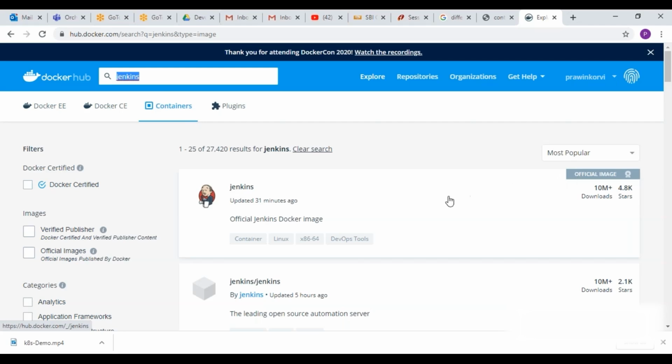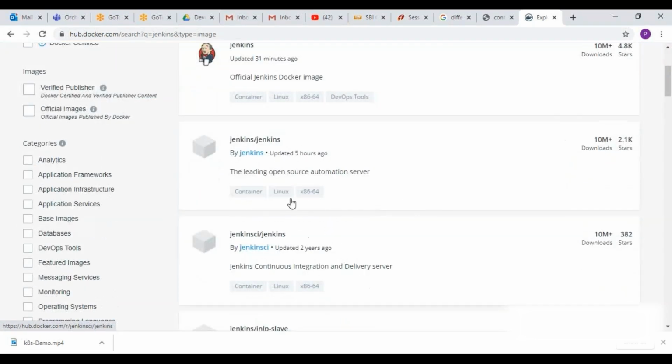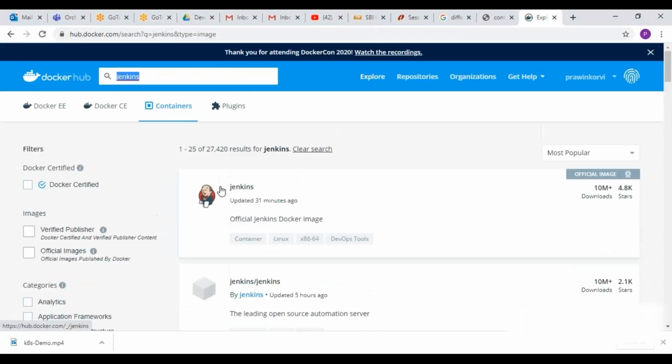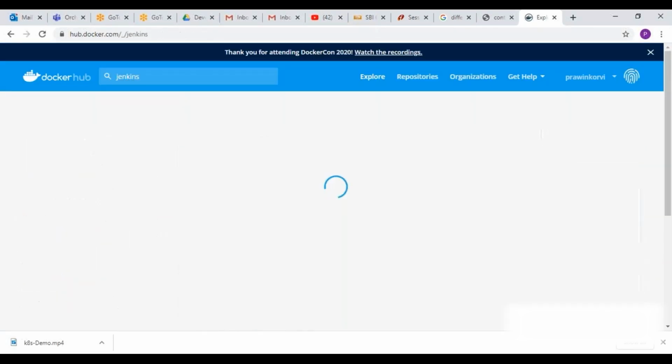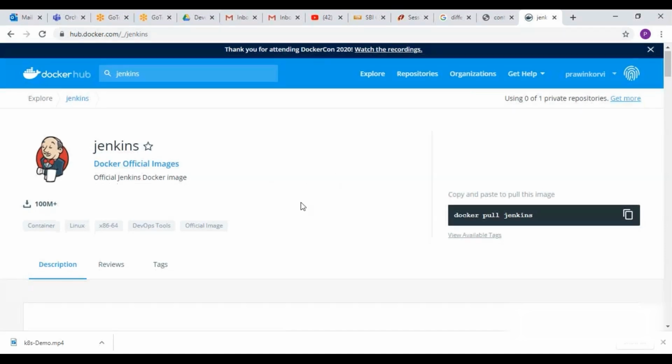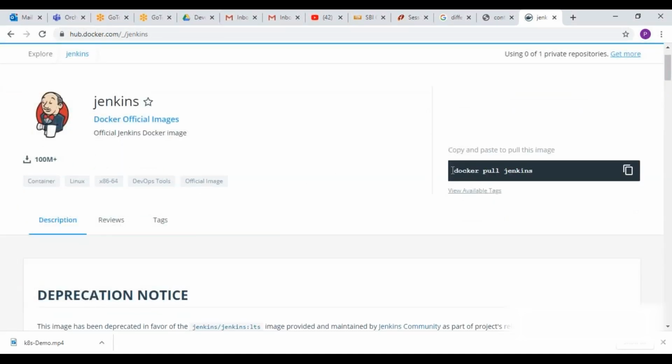Lots of software is like this, and individual people also place their images here. You can see 10 million downloads, and this is an official image. The size will be very small, so it can run in a Docker container. The only requirement is that Docker should be running, whether on your local machine or any machine.